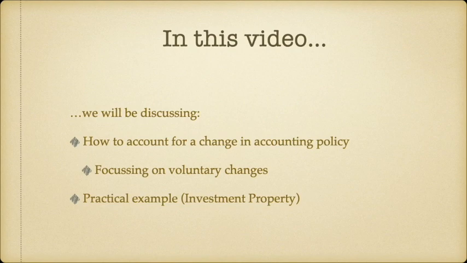Okay, and then we're going to focus on a practical example. So this example I made up from scratch, and I hope that the numbers are going to work out because these things always catch you by surprise because you always forget something when you make up examples. But the reason why I had to make up this example was because in the illustrative examples of IAS 8, they don't have an example of where a voluntary change in accounting policy is applied retrospectively. Okay, the example that they have is a change in accounting policy that's been applied prospectively. So I thought I would do this example.